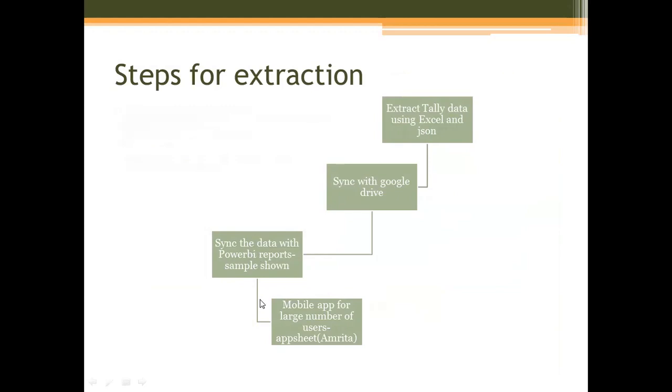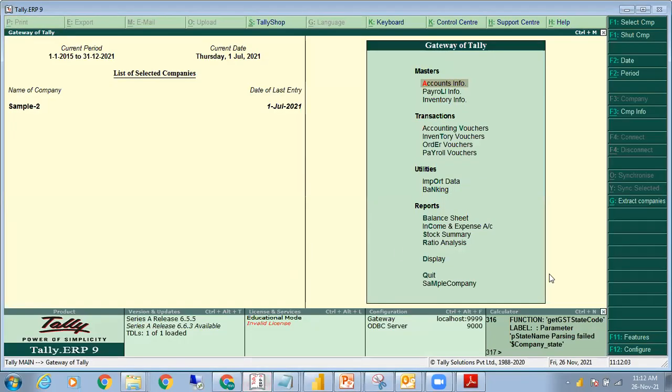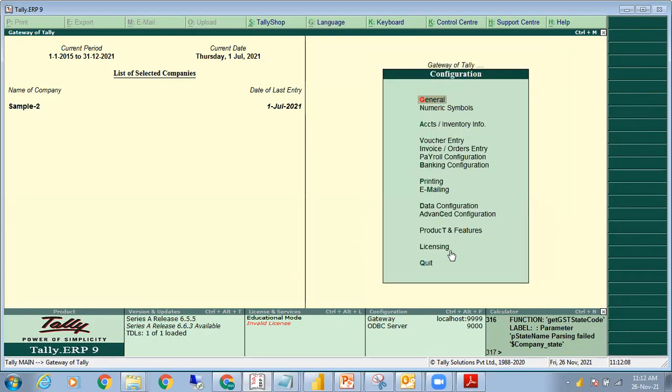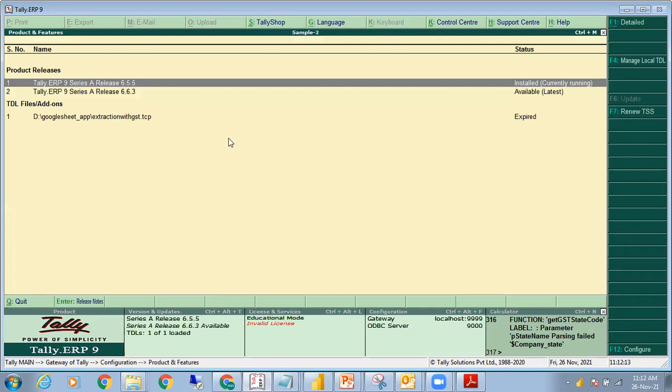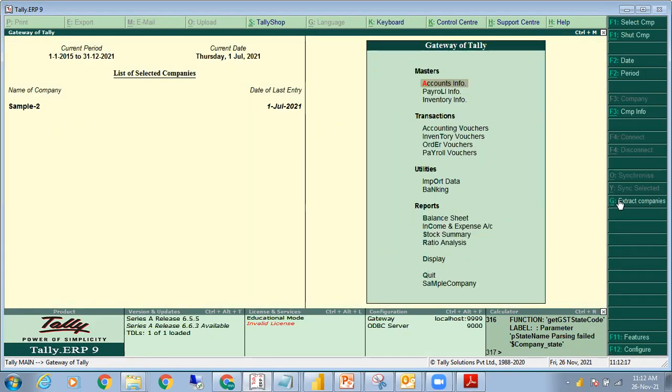We will start with the sample shown, and then thereafter Amrita will take over and show the product. So the way to do it is, take a sample collection. So this is the display from and display to date. You take the TCP, which we will be giving you, right? And we have extracted the entire data. And this you can actually schedule it.